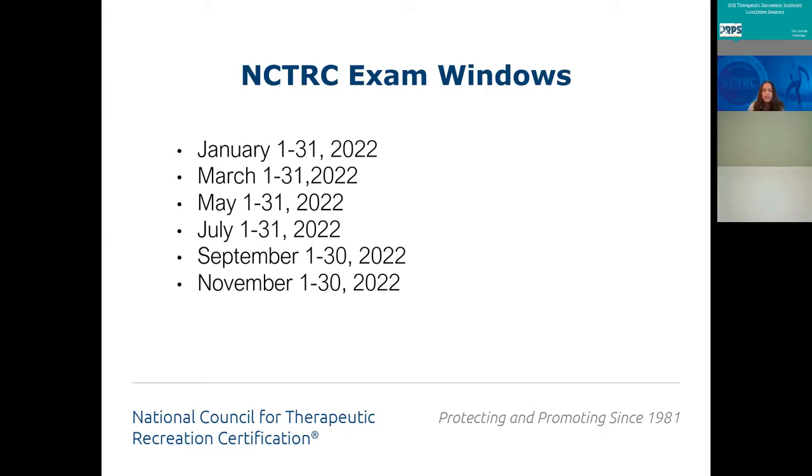Once an applicant decides that there's a certain window that they would like to apply for, we encourage the students to submit their application whenever they like after they're done with their coursework. And then once they're approved, they can decide when they want to take the exam. It's a little bit different than it once used to be. It's a 2-step process. Applicants first submit the professional eligibility application and are awarded eligibility, and then